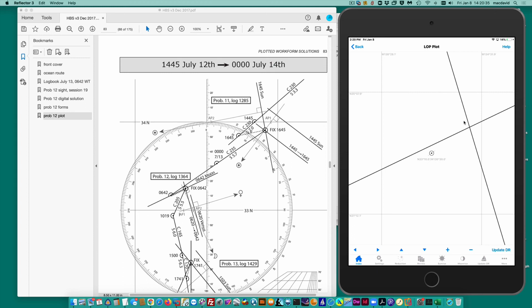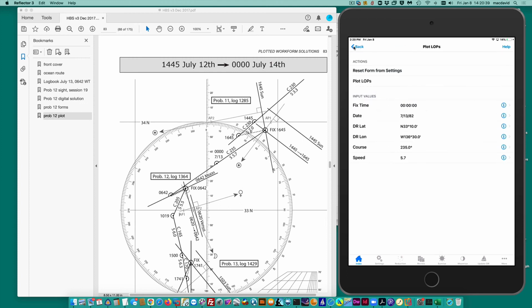Or the other way to do it is just go back. I have to hit the back button and the back button and say fix by computation, and then what does it say here? Auto update the DR. That means after it calculates a fix, it would change the present DR position to the new one, so we can carry on with the other one. And then I can just go here. Let's see, I'll do auto update to DR,